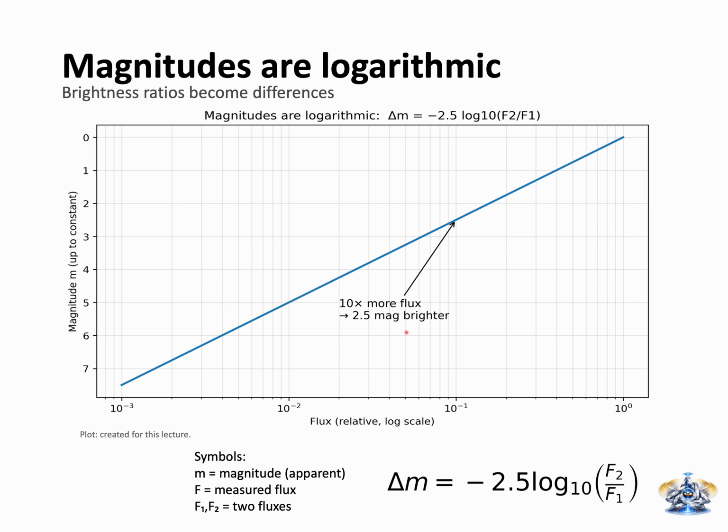Now one more important detail. Magnitudes are fundamentally about comparisons. There's a calibration constant in the full definition. But the beauty is that in most distance work, we care about differences, especially the difference between what we observe and what the object truly is. So now that we have a clean language for observed brightness, magnitudes, we are ready to connect what we observe, called apparent magnitude, to what the object intrinsically is, called absolute magnitude. And that bridge is the distance modulus.